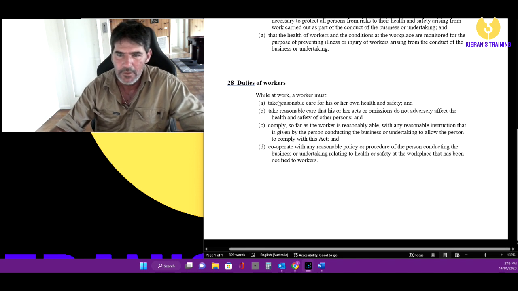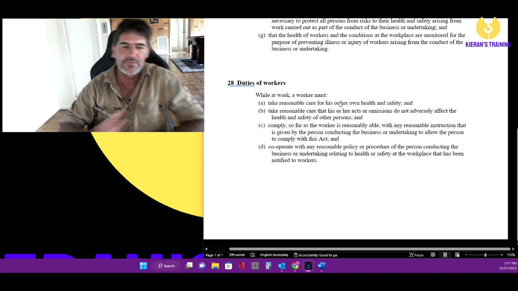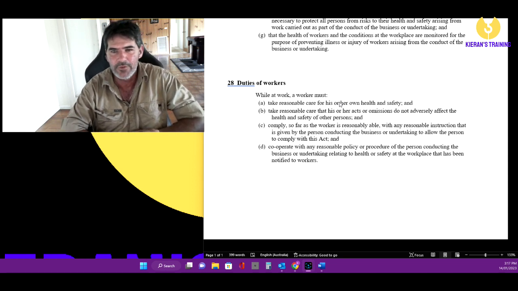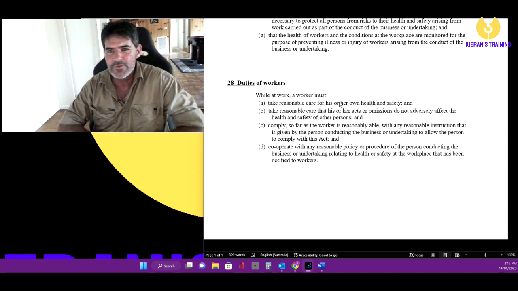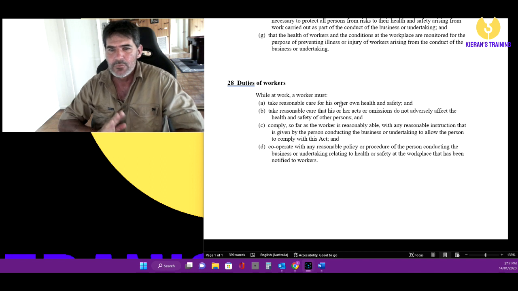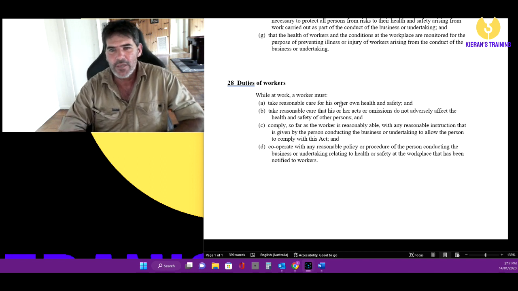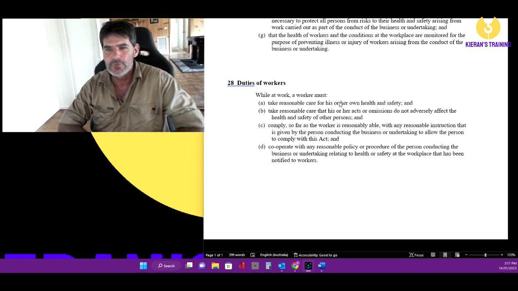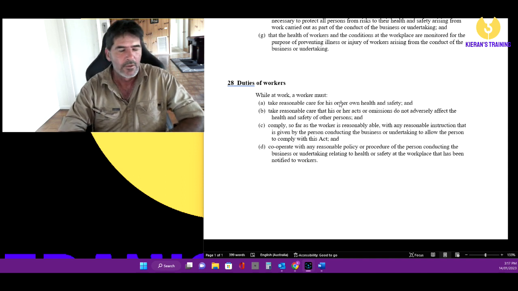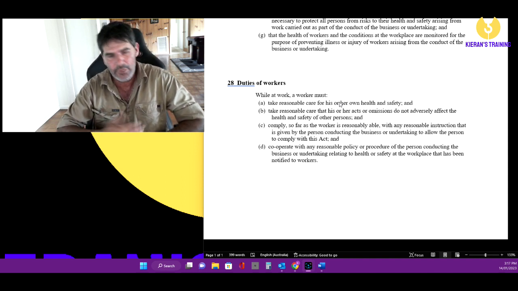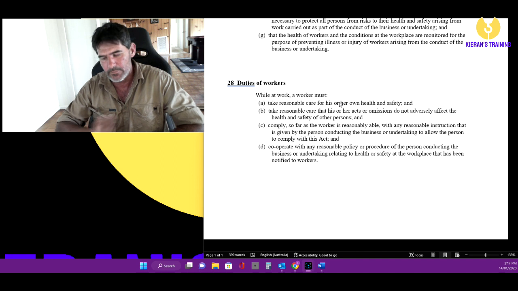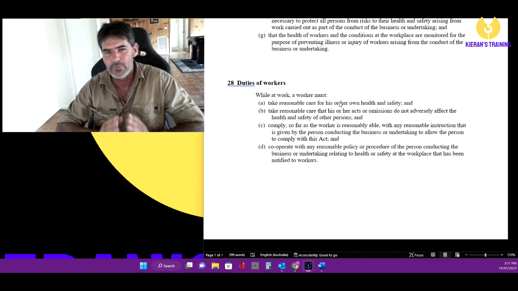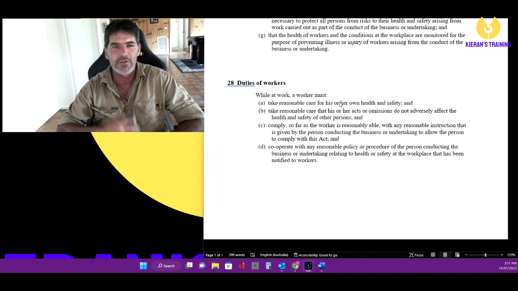A little bit short on this one, but it is pretty important that we make sure we follow it. So, duties of a worker. The first one is to take reasonable care for his or her own health and safety. Obviously when we're working, we don't want to be cowboys, we don't want to take shortcuts. We want to make sure that when we do things, we're doing it safely,